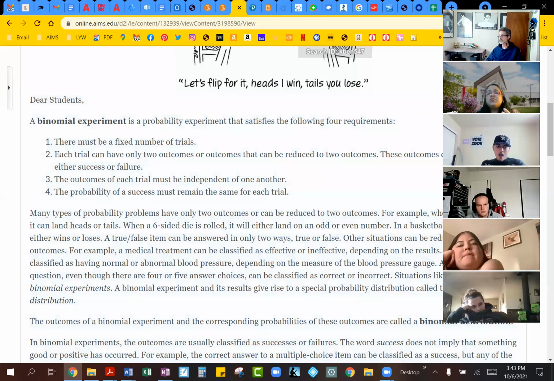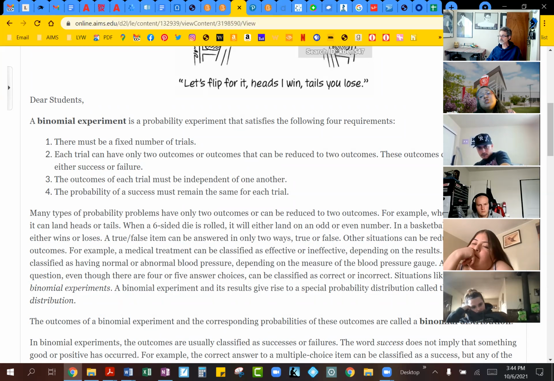So that means if you're flipping a coin, the chance of landing on a head or the chance of landing on a tail has to stay 1/2, right? It has to stay 0.5. If we are rolling a die, then the chances of landing on a 3 has to stay 1/6 every time we roll a die. If we're picking a card out of a deck of cards, then your probability of getting, and I'll just stick with Ace of Spades, has to be 1 out of 52,